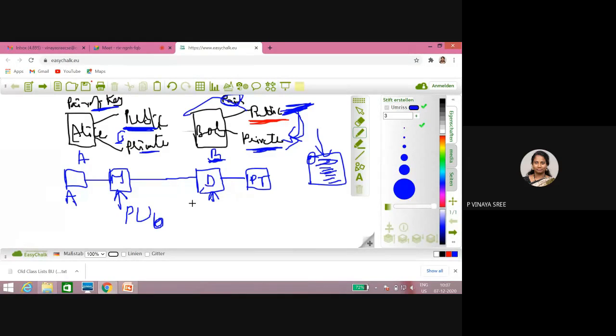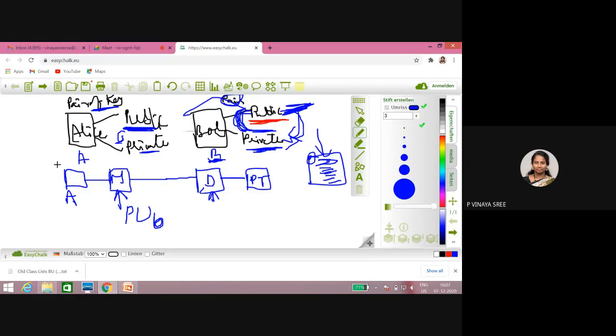Which one is used for decryption? Bob's public... Bob's? Public key. Public. Already private, here. Private key. Yes, thank you. Correct answer. So here, if you are using one key for encryption, then the opposite key is used for decryption. If you are using this pair of keys, you have to use this pair only. The other keys you should not touch.